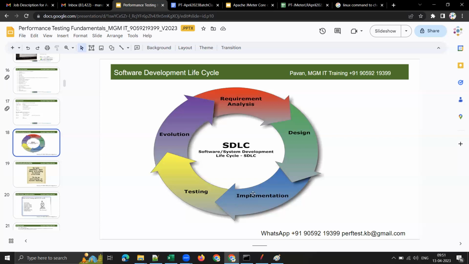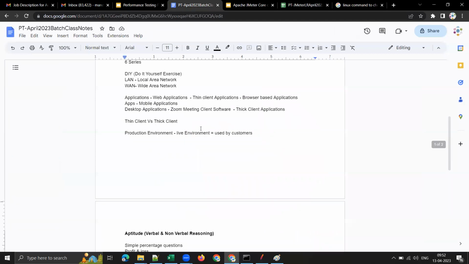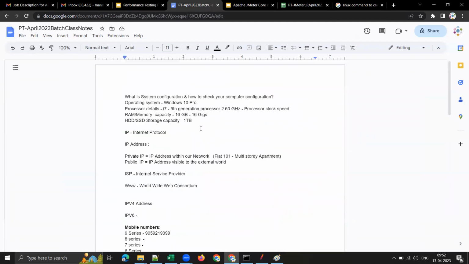In the waterfall model, testing used to start after development is completed, but that is not suitable for medium to complex projects. The waterfall model is suitable only for very small projects, very small applications, right? However, nowadays 99% of the projects are following agile methodology, which I introduced yesterday, wherein testing will be started as soon as the development is started,